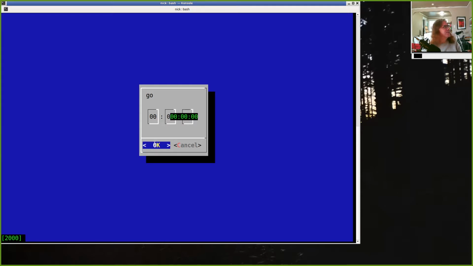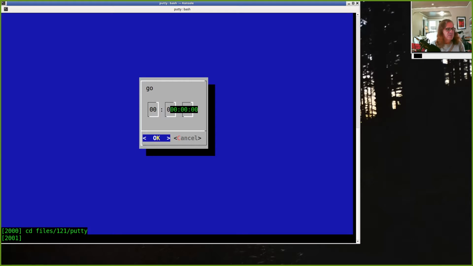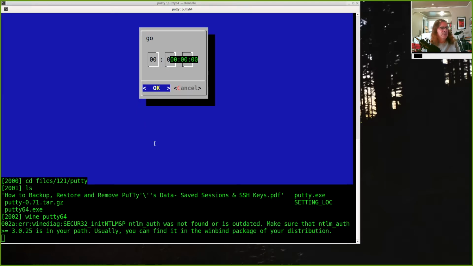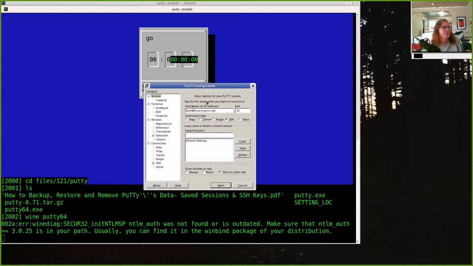All right, is there any way to get rid of the P's and Q's that make up the border? Yes, absolutely. So let's see. So when you go into putty, let's see if I can get putty to come up here. All right, what you want to do is you want to go into, let's see if I can get it first or second try,